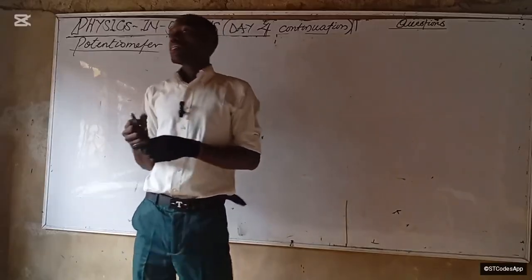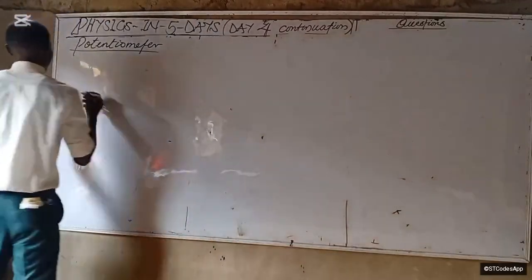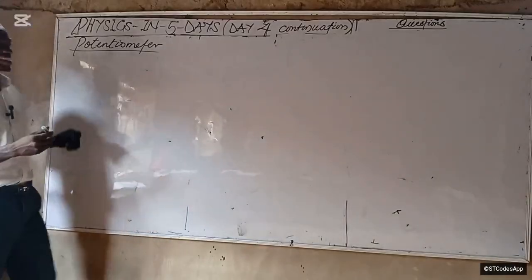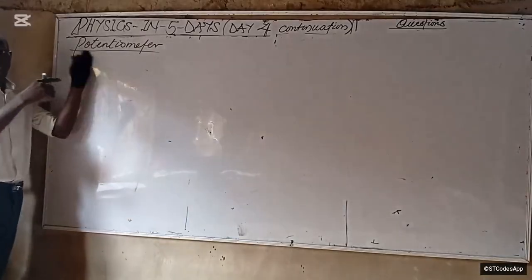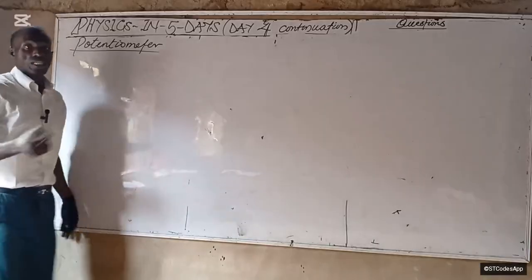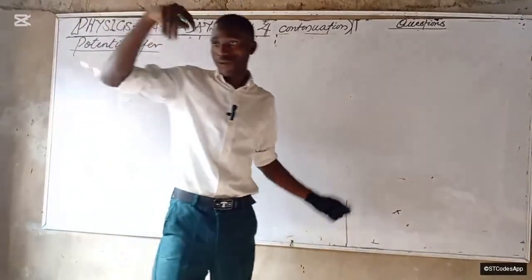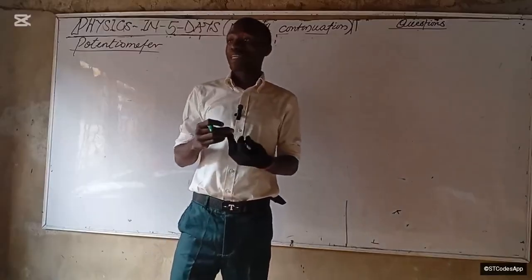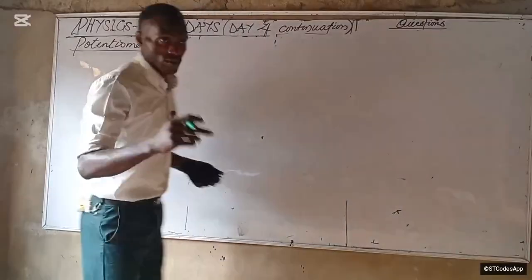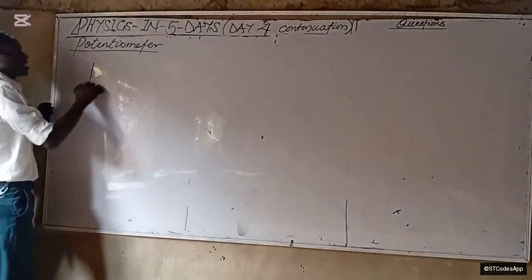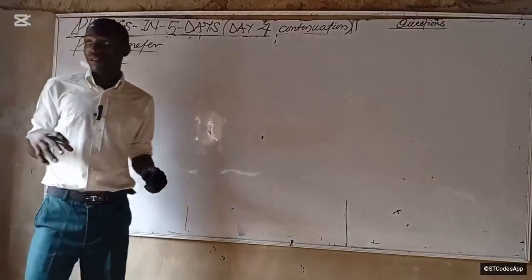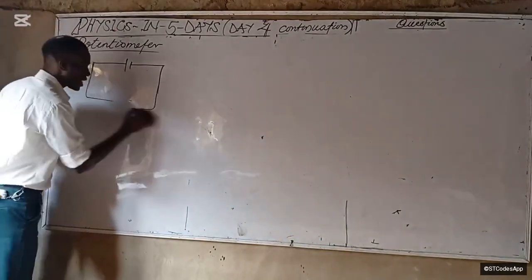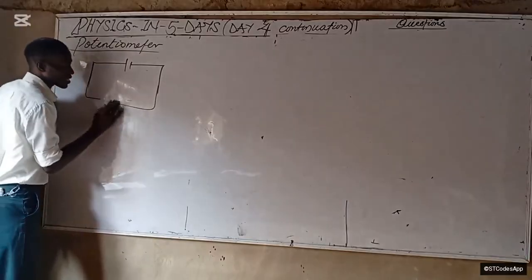You understand? So now there's a man named Poggendorff. Who can tell me what his first name is? Guess. Christian. Christian Poggendorff. He was the one that designed this technique, like the one that Wheatstone designed for determining resistance. So this guy suggests that if you want to calculate the EMF of a cell that is unknown, put a standard cell whose EMF you know. Is that okay? Now connect